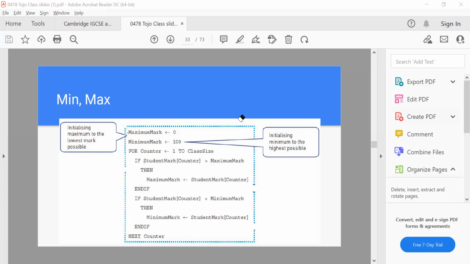After that, in the for loop, for every next number, I would check if it's less than the minimum mark. If not, it continues the for loop. If it is less, then the minimum mark becomes that number. Okay, so it's clear. That's perfect.